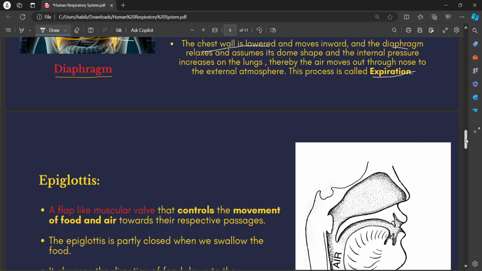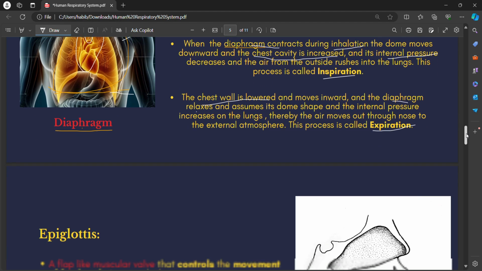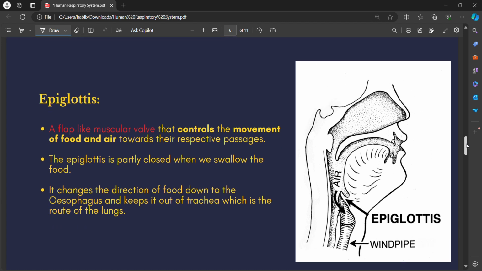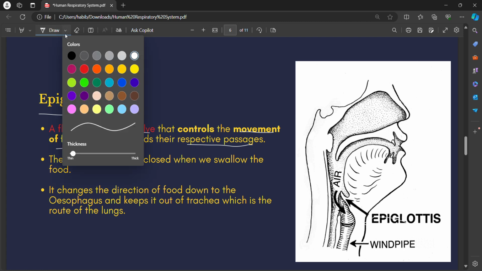So in the last part we have learned about the diaphragm, its movement, and what inspiration and expiration are, and we will continue the human respiratory system with the next topic, epiglottis. Epiglottis is a flap-like muscular valve that controls the movement of food and air towards their respective passage. So whenever we intake food, the flap-like muscle or leaf-like structure called epiglottis will be covering the